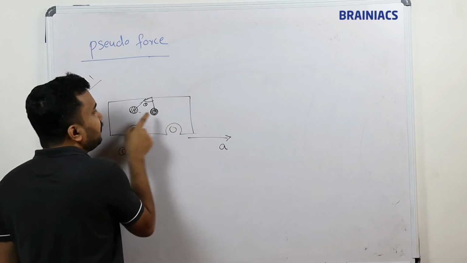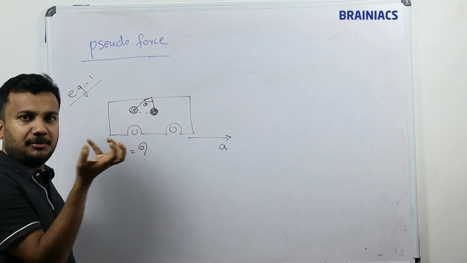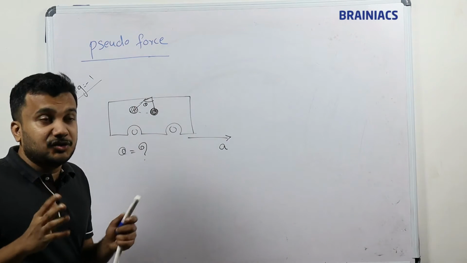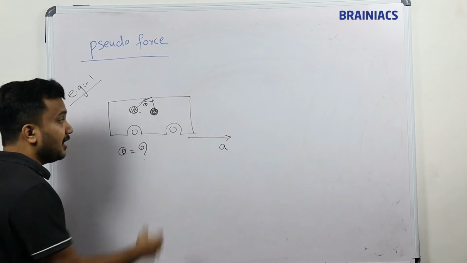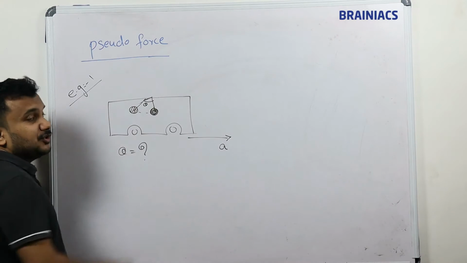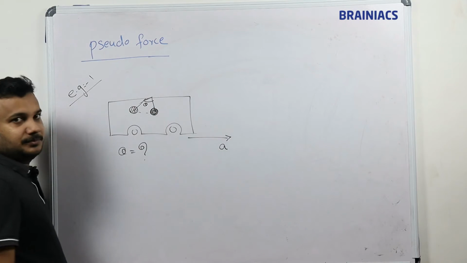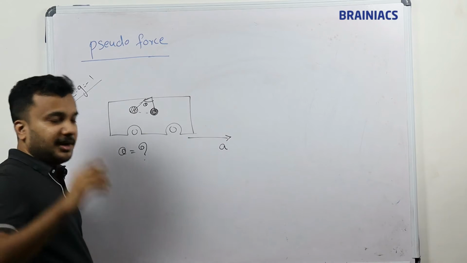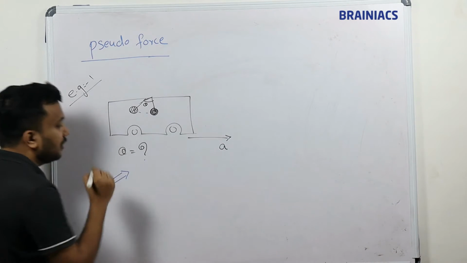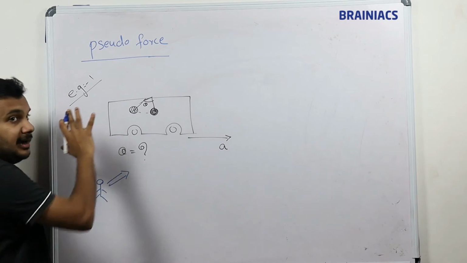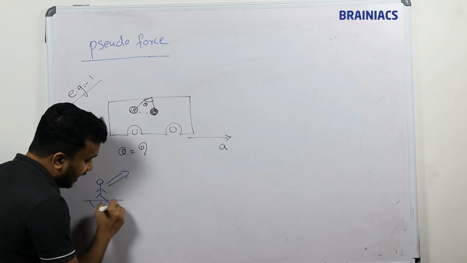First, if you look here, the pendulum is inside the car, or the bob is inside the car. With respect to the car, because of the car's speed only, this pendulum is moving backward. If the car is at rest, the pendulum is at rest. So there are two ways I can observe. Suppose I am a person standing on the road looking here, then with respect to this I am at rest.